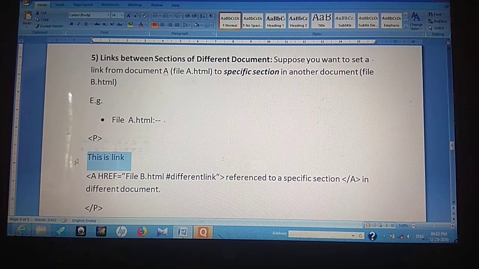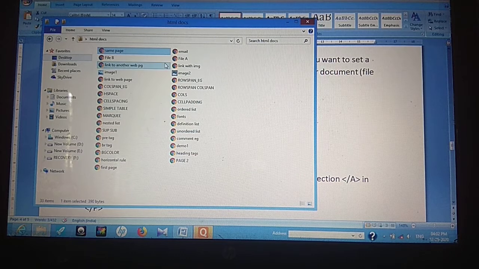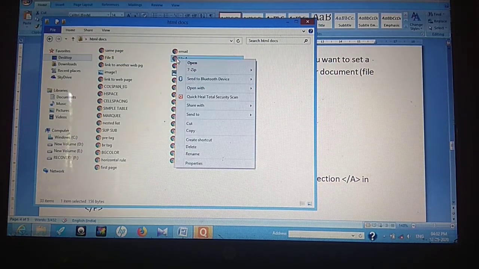I don't want to connect the entire file B. So how will I be able to connect it? See how I have connected it over here. I'll show you this example.